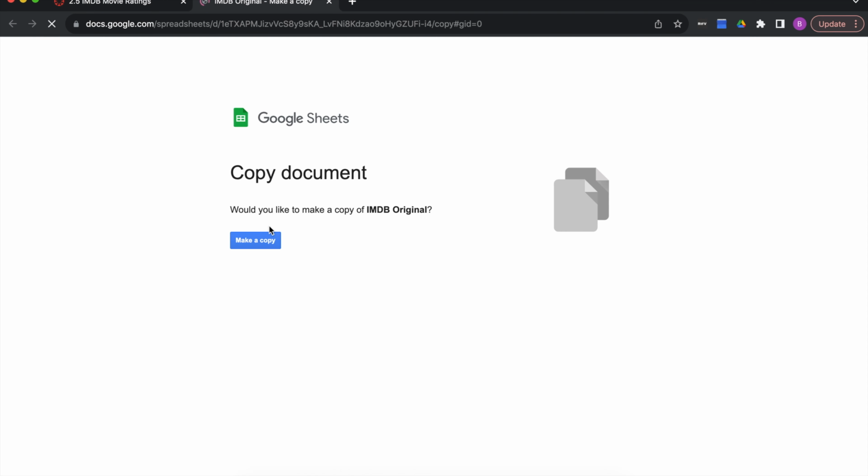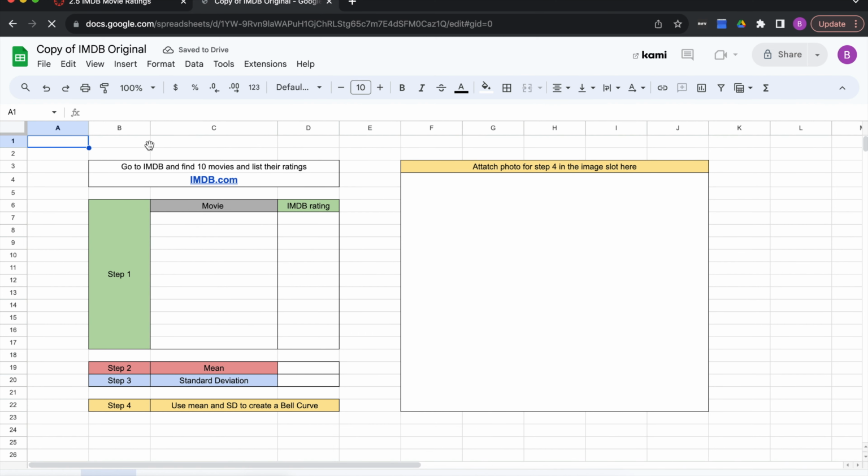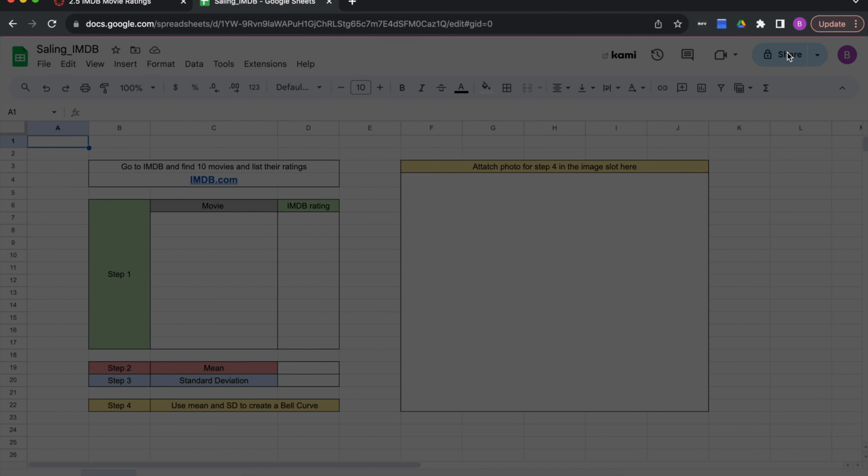So right here, I'm going to click make a copy, and it's going to make a copy of it. And you're going to do two things first. The first thing is just write your last name here, Sailing IMDB. And then the second thing is make sure to always change your share settings so when you submit it,